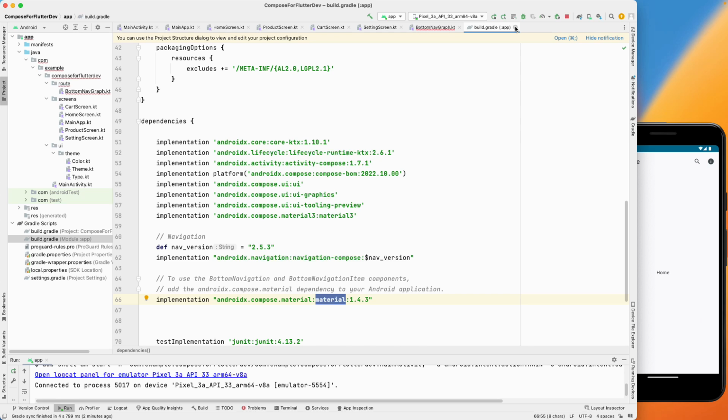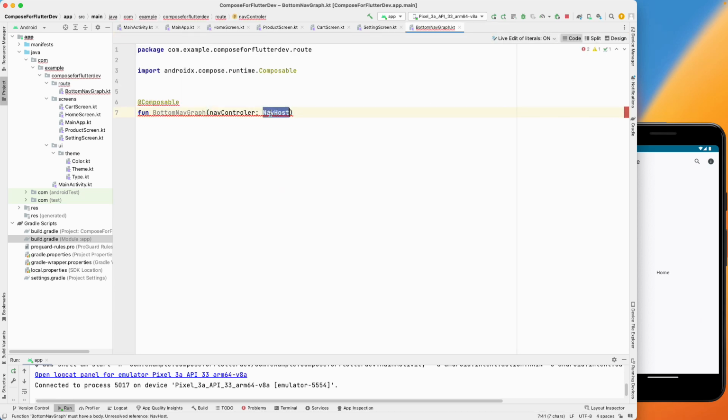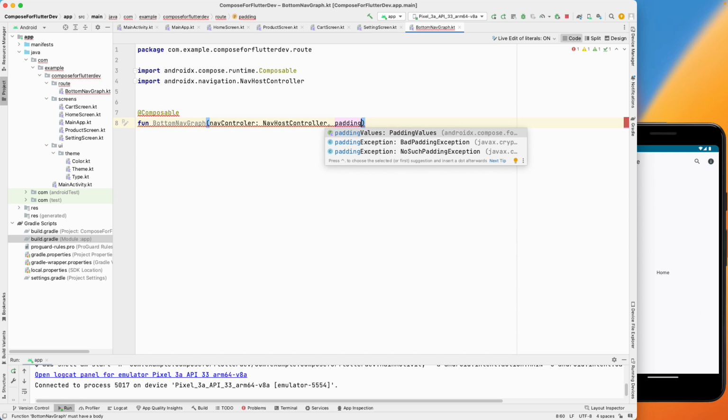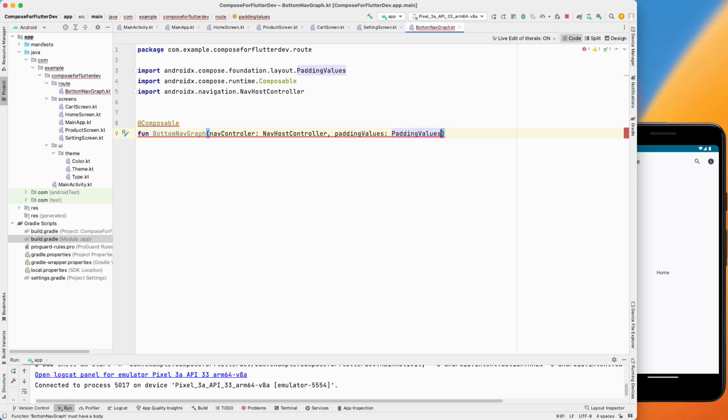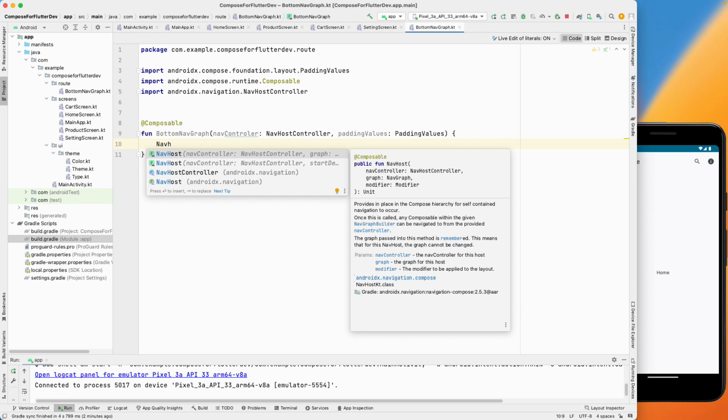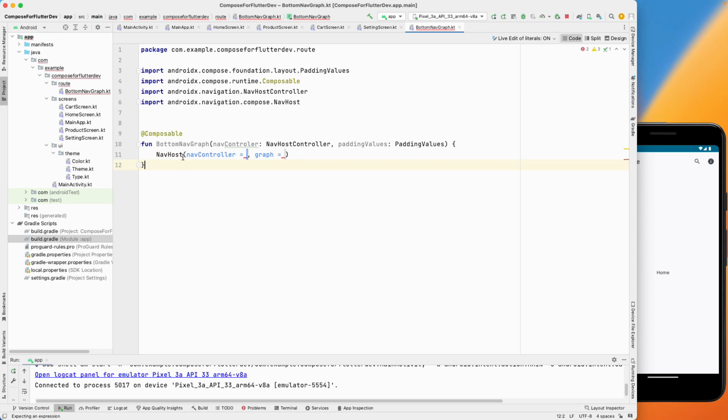So let's go back over here. Once we have that, let's go over here, and now we can add our nav host controller. I will also add the padding values over here. And let's create the body, and I will have to create the nav host over here, which takes the nav controller. So let's create the nav host, and the nav controller will be of our nav controller that